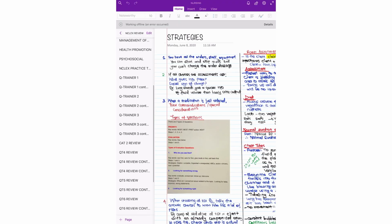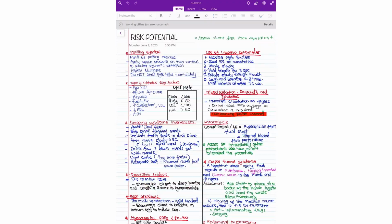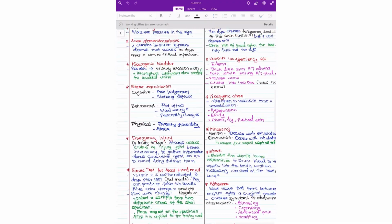and as I am doing the questions, I would go back to them, review them, look at the ones I got wrong, and write the rationales down, and also just as a refresher on that particular content. So the first month passed. I finished going through all the 2,000 questions in my Saunders book, and as I am writing down the rationales,